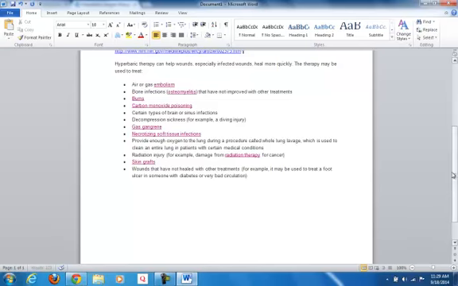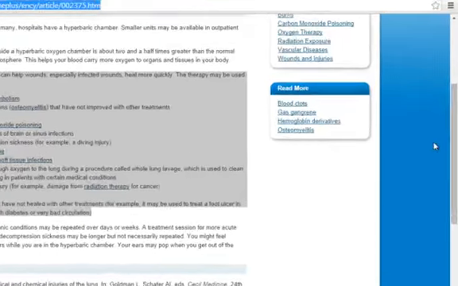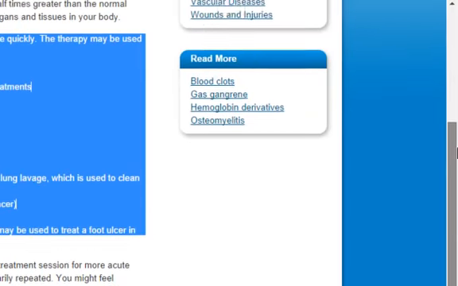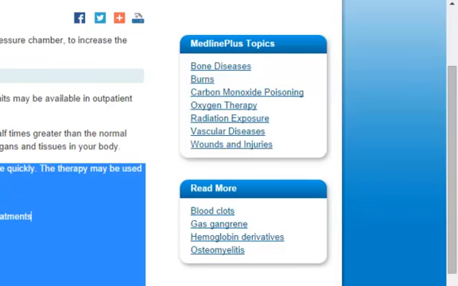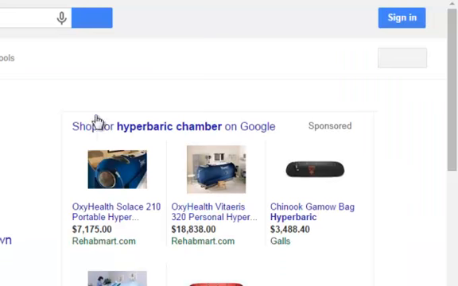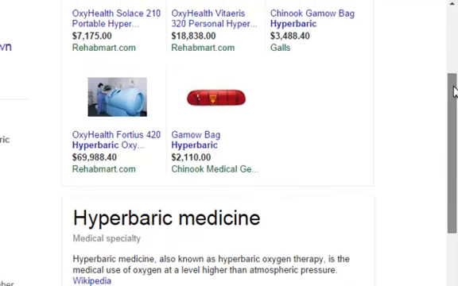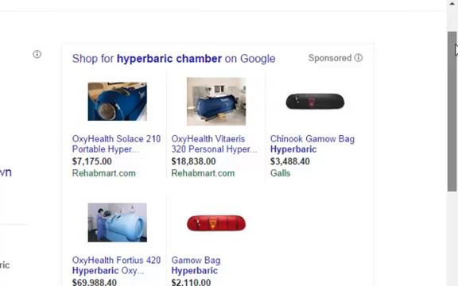Okay, so now I'm going to go back and don't really see anything else on this page that I like. I'm going to back out. So now I kind of want to get a little bit better feel of what hyperbaric chambers actually are. So I think I'm going to try to find a hyperbaric chamber